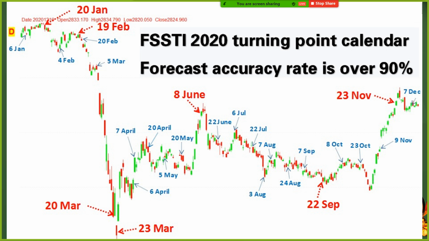Very cool. So I hope you will get the calendar as soon as possible, because New Year is coming. January is coming. When the turning point is, is very important. Every time in our class, I will explain what the meaning is and how to make good use of each turning point of each month to avoid the drop and to catch the low point. It's very important for you.